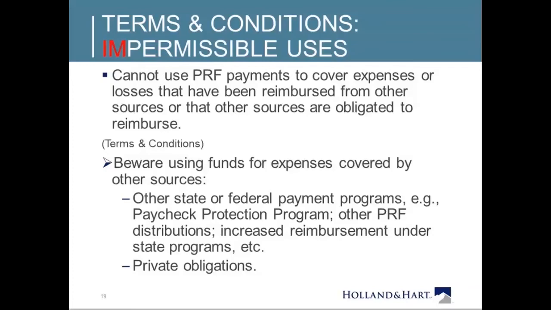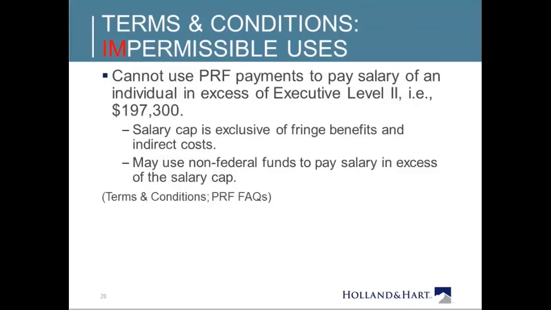If you're going to participate in the uninsured program payment and you get payments from that, well, then you can't claim the PRF payments to cover that. It's not only federal or state programs, but it may also be private situations. We don't have a lot of guidance on this, but if, for example, you've got a contract that requires somebody else to pay you for those losses or cover the expenses, you can't necessarily look to the government in order to pay those expenses instead of that private source. You have to look to the other sources first before you rely on the PRF payments. So be careful about monitoring those expenses to ensure that you don't double dip.